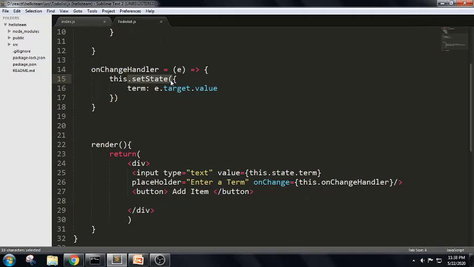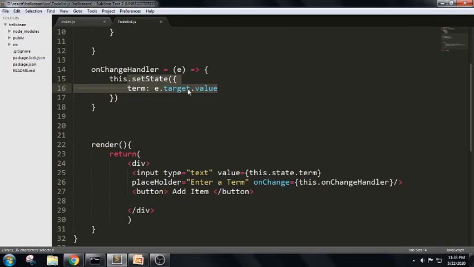So we have a state property on the top which we have declared, and we have declared the onChange handler equal to the value which we pass using an arrow function, with a parameter e, and we set the state using e.target.value.